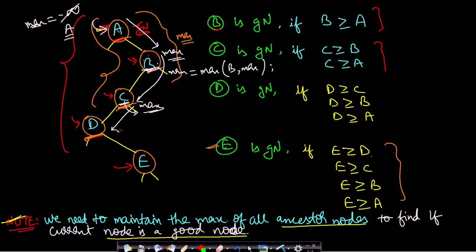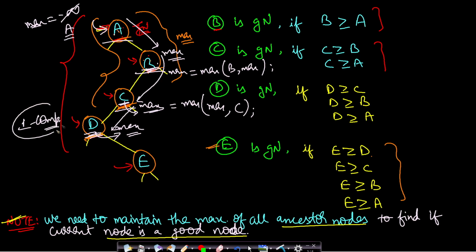And again, before passing the maximum to the next node, maximum will be updated to the maximum of the already known max value and C. So if C was greater than maximum, then maximum will be updated to C and passed on to D. Otherwise the previous maximum will be passed on to D. So whatever max is passed to D will be the maximum of A, B, C. And now D has to be just compared with max, and this process will go on, right? So in this way, at each node, we are doing only one comparison instead of comparing with all the ancestor nodes.